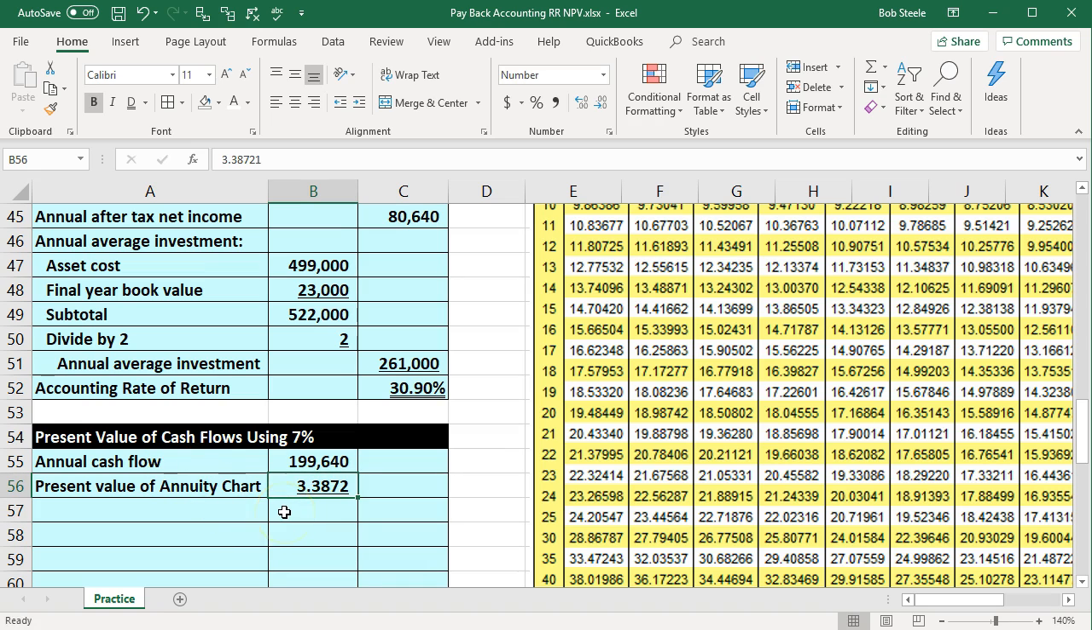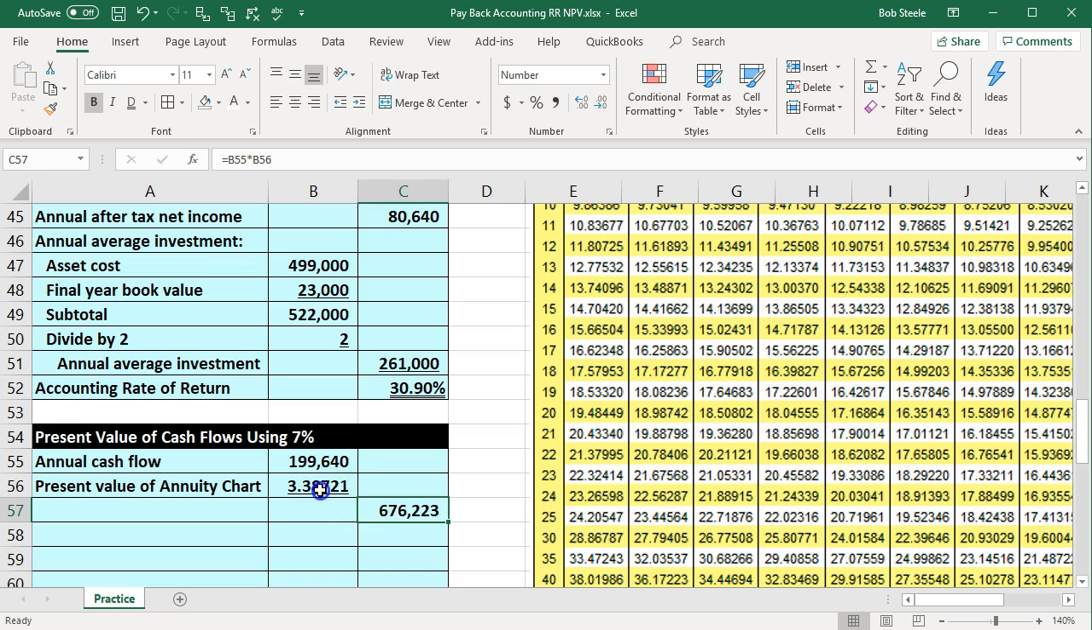We've rounded it to 2 here. Note that I've included decimals to do that. Home tab, numbers, increase the decimals so you can see the decimal amounts. Then if we multiply that out, here's the 199,640 per year times 3.38721, and that gives us